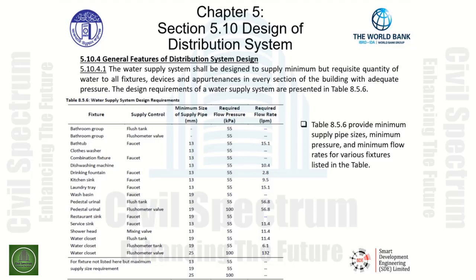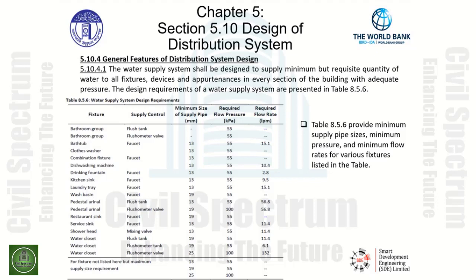General features of distribution system design are given to us specifically. Section 5.10.4.1 indicates the fixture supply system shall be designed to supply minimum but requisite quantity of water to all fixtures, devices and appurtenances in every section of the building with adequate pressure. The design requirements of water supply system are presented in Table 8.5.6. As indicated below,